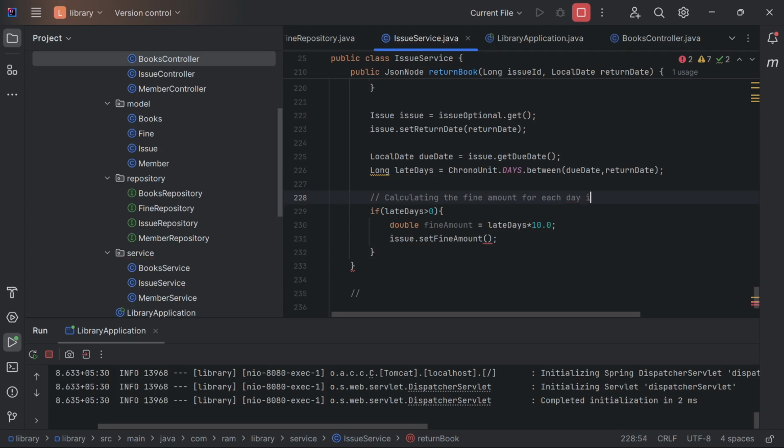And here I am taking the example of 10 rupees as a fine for each day. For each day this amount, and now I'm going to set this amount,